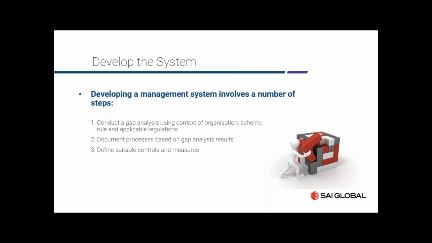For example, we are a provider of XYZ products using funding from ABC, operating in an area or within an aged care facility XYZ. So a gap analysis will tell us where we are compliant, i.e. where we are meeting the expectations of those interested parties, including things like regulations and scheme rules. And when we talk about scheme rules, we talk about documented processes.